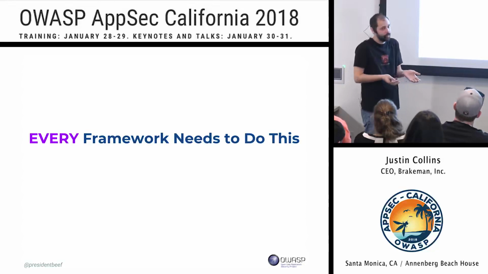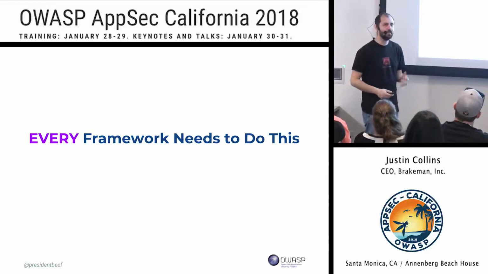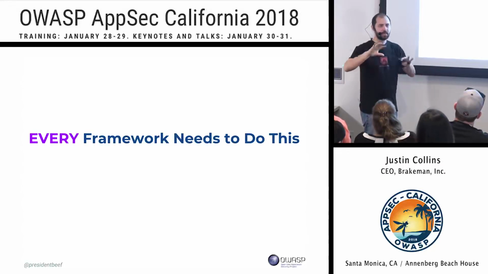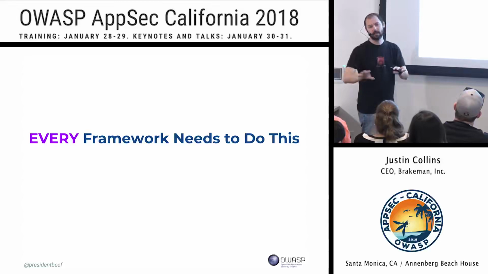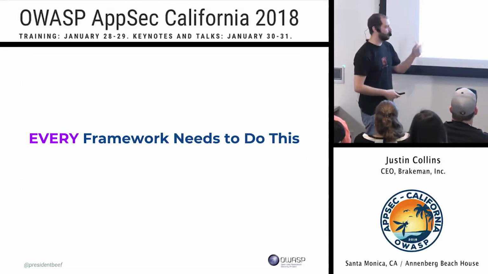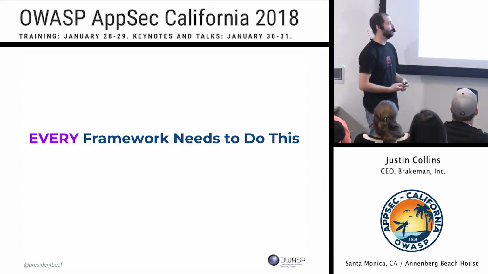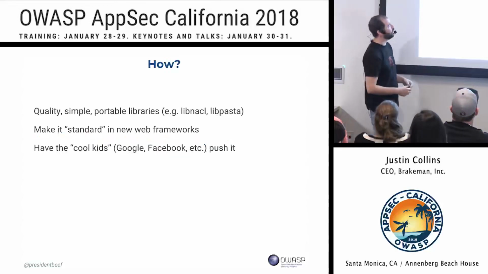And again, it's a thought talk. So I'm hoping that you have thoughts on what kind of interface you want to use. It's not strings. I don't want to be putting strings together, but some kind of data structure or programming interface that's going to be safe and still allow me to do the complex queries that I want to do. And again, we want every framework to do this. So I have some thoughts about how.